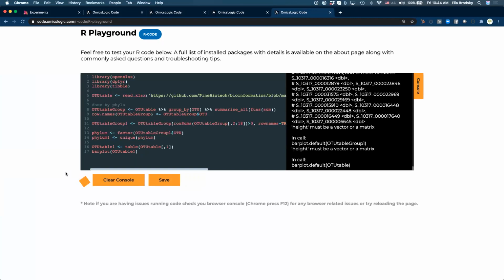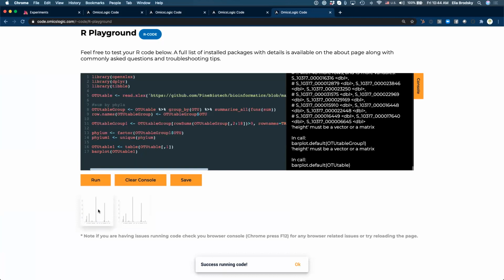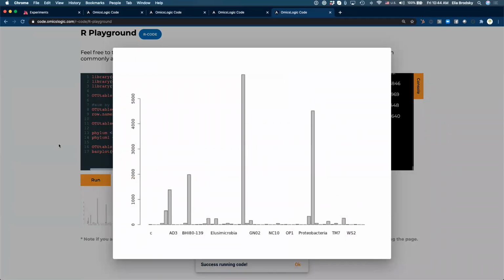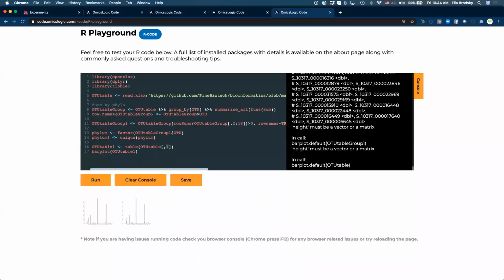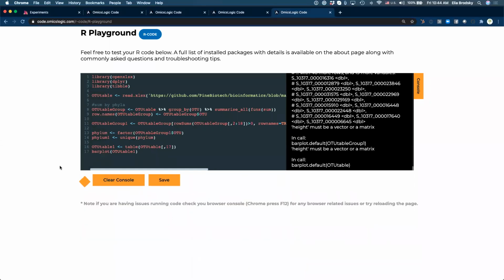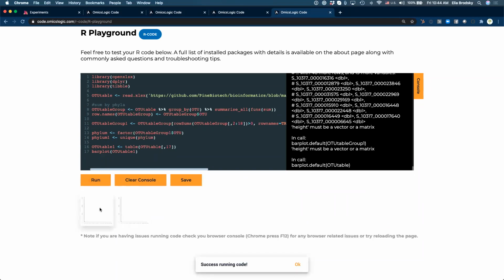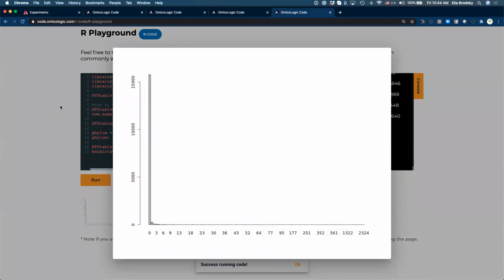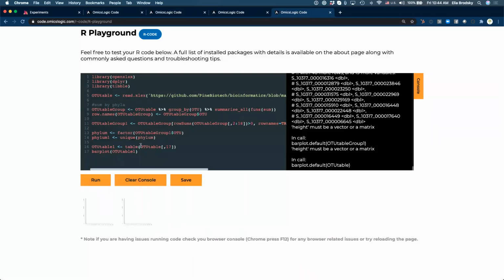So if we just do a table of 1, this will give us 1 sample. If I want to do, let's say, number 17, I can get number 17, and so forth. But what I need to keep in mind is that I need to store my information about the phyla. So this is for 1 sample, we already did this. So let's now take for all samples.